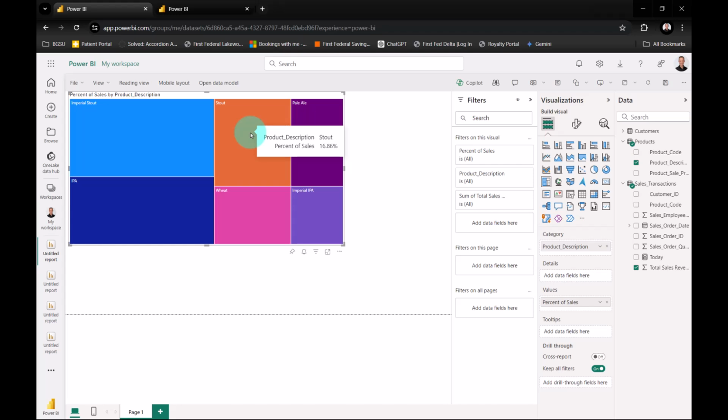Let's do the same thing for product underscore description. That's under the category field. Select its drop-down menu, rename for this visual, and let's call it beer type with a colon. It makes the tree map a little easier to read. Click out of the tree map,